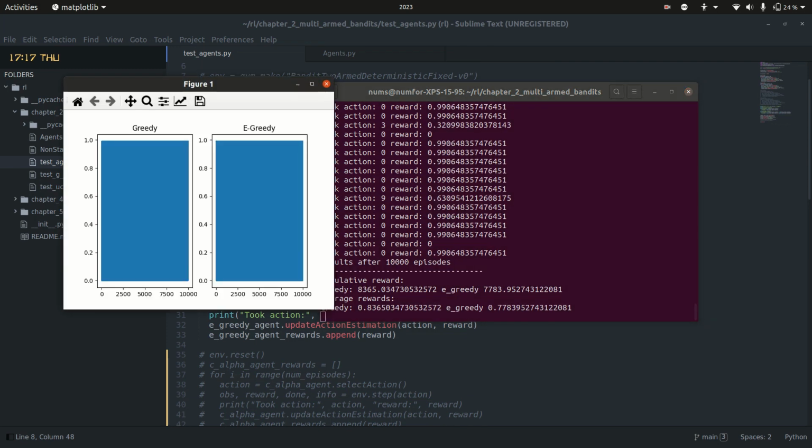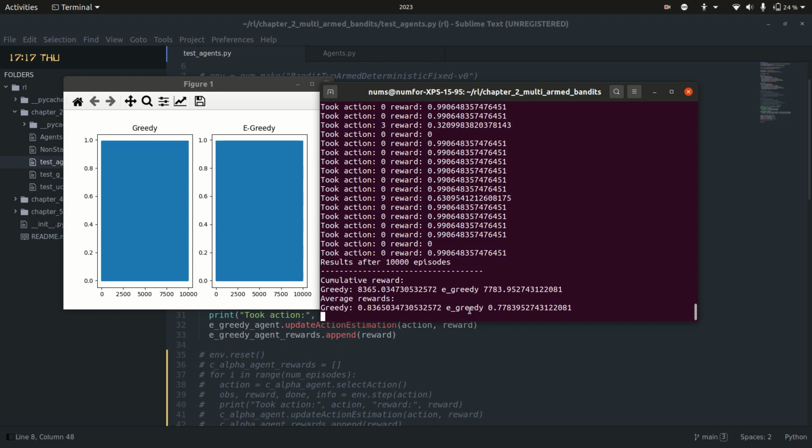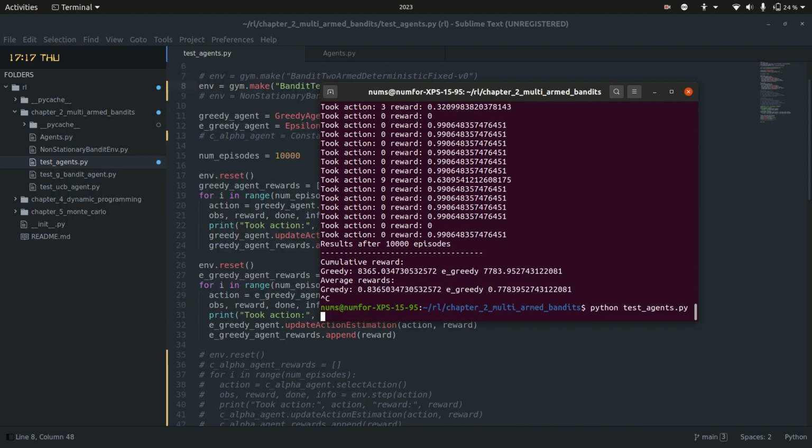And to really understand the results of what happens here, we need to run it multiple times. But basically, sometimes the greedy agent can actually outperform the epsilon greedy agent. Sometimes it won't. It basically depends on whether or not, in the greedy agent's first pass of testing out all the actions, it's lucky enough to find the best one. So in this case, it was lucky enough, and we can see here that it did outperform the epsilon greedy agent. But if we keep running this,